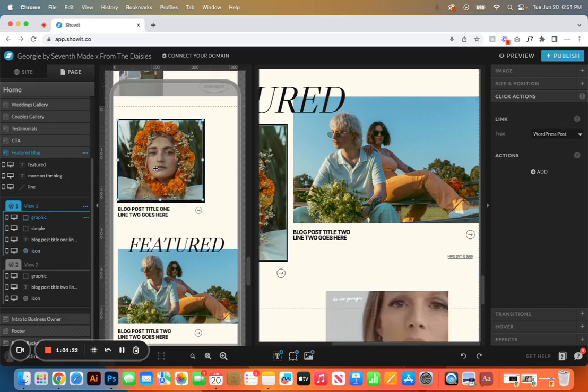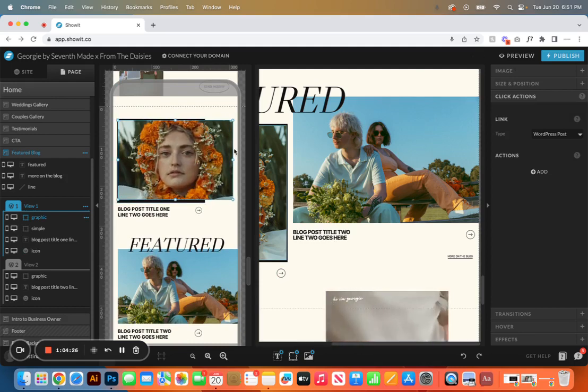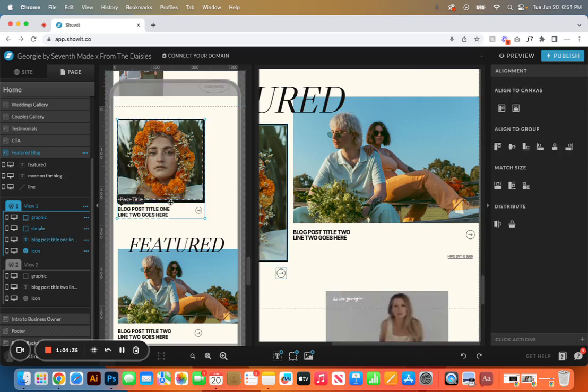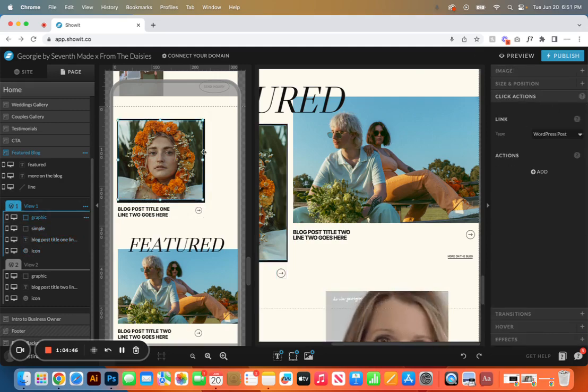If you want this photo to be bigger, it truly can. You can make it all the way a landscape image. You have that customization as well. The things that have to stay is all of these items are in this view 1. So we just want to make sure that they all stay in view 1 so that it communicates with WordPress. But otherwise, you can definitely edit